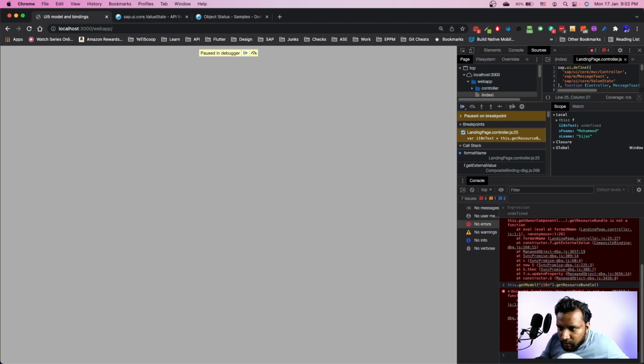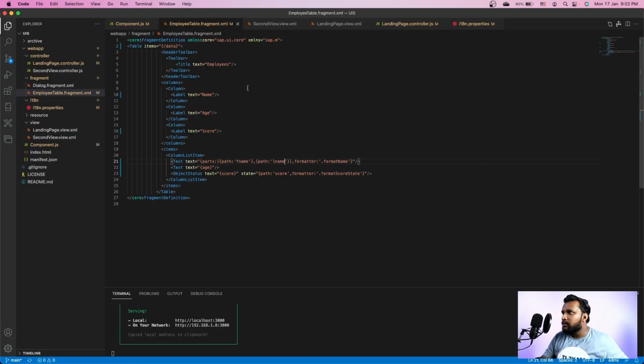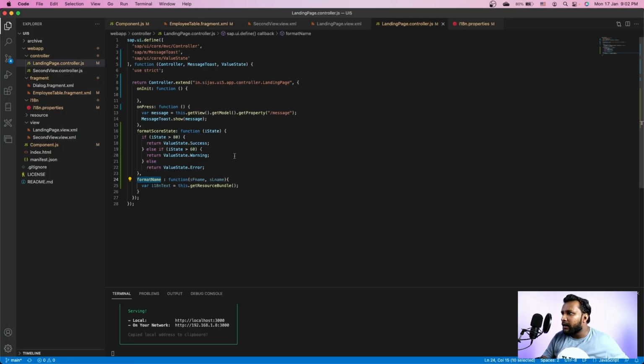Again, this model is undefined. Okay, so we have to go to the longer version, which is this dot get owner component dot get model of i18n or get resource bundle. So this is the longer version of it. We will be shortening it in the coming videos. So let's go to the landing page controller and use this one to get the instance of the resource bundle.